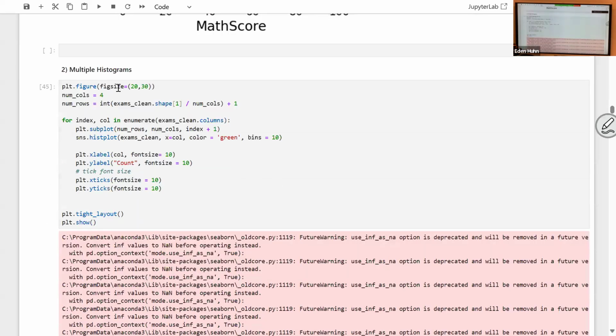The next histogram is a multiple histogram, and if you want to check the distribution of a lot of features, you can use this multiple histogram. The first line is to set the figure size to 20 by 30 inches, and the second line is the number of columns. I set the number of columns to 4, and you can see